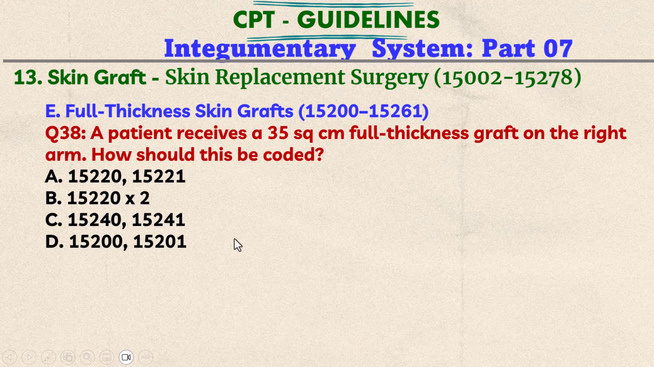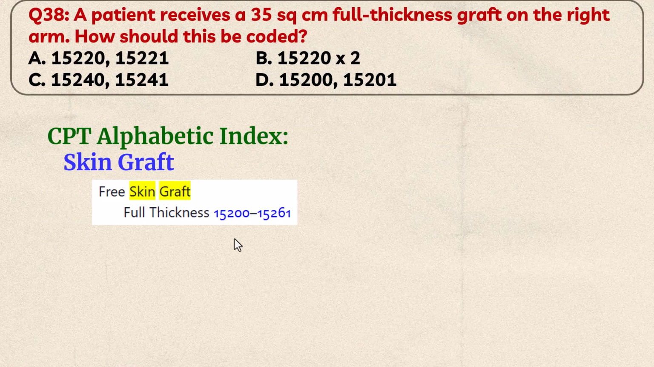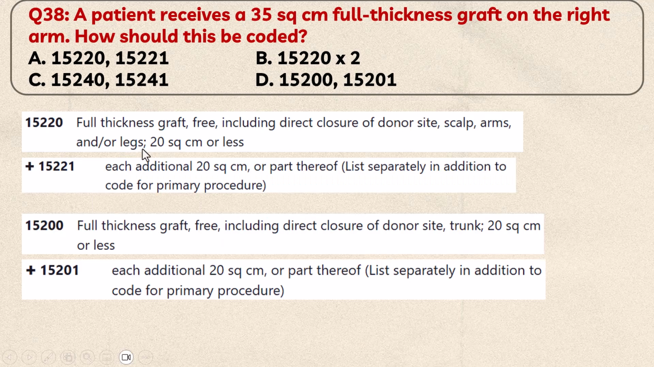So there are 4 answers available. Take your CPT codebook and find the answer. So here you have to search for the main term skin graft, the subterm free skin graft, and the subterm full thickness. It will lead you to the code series here. So once you go to the code, 15,220 is full thickness graft free including direct closure of donor site, scalp,